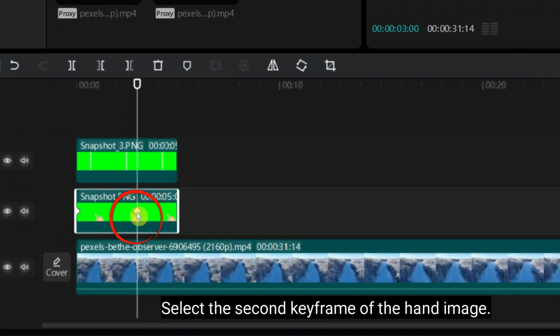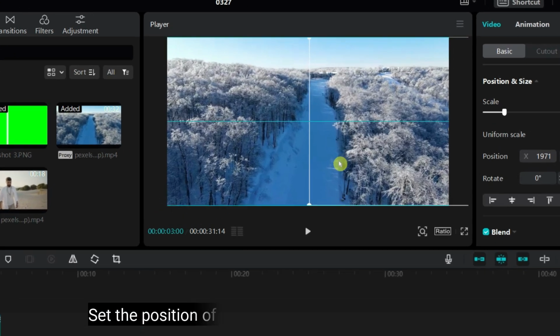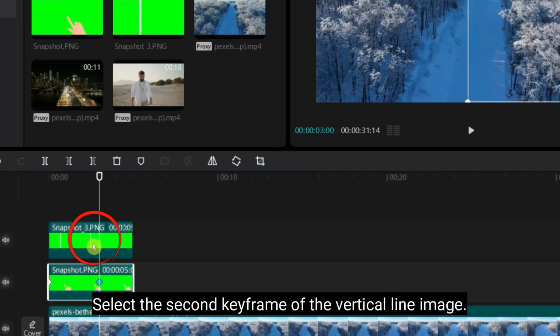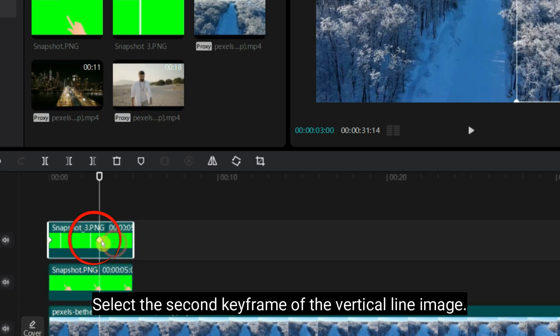Select the second keyframe of the hand image. Set the position of the hand as shown in the video. Select the second keyframe of the vertical line image.